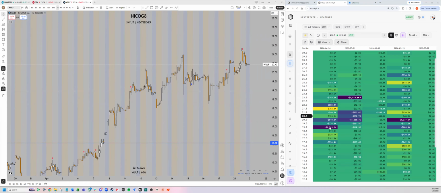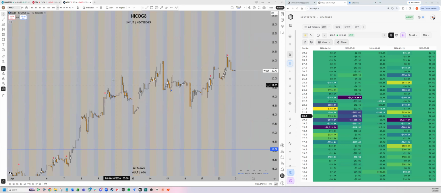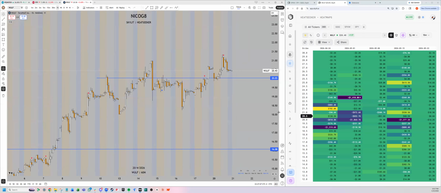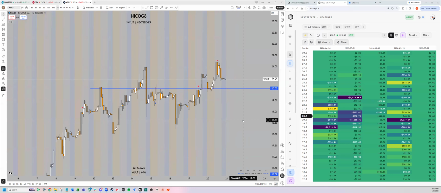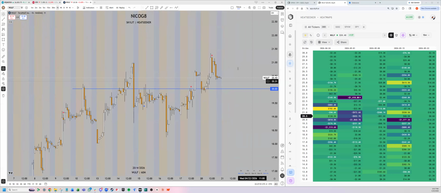Probably 19, you can look at as a floor for the week. Maybe even 20, if you want to be a little bit more aggressive. I'd probably be waiting for 19 on this strong negative node, but honestly, 20 doesn't look too bad on Wolf. Then you'd be looking for basically this high of week, right? This 21.5. Or if you're playing out to next week, maybe a little bit